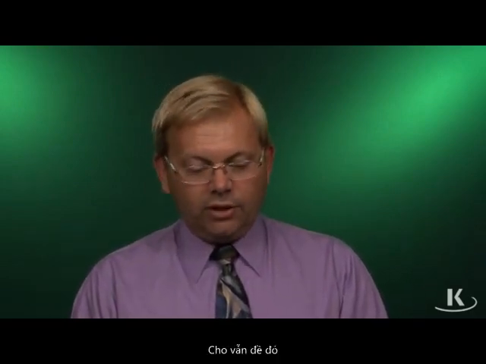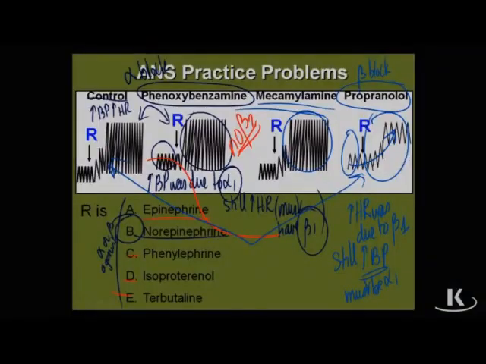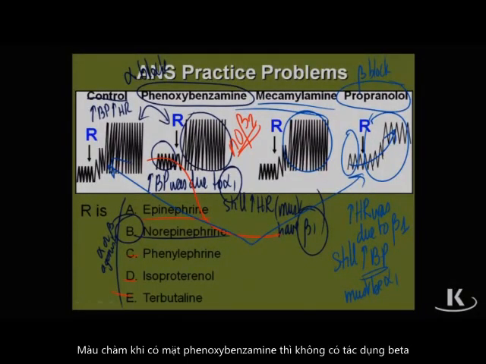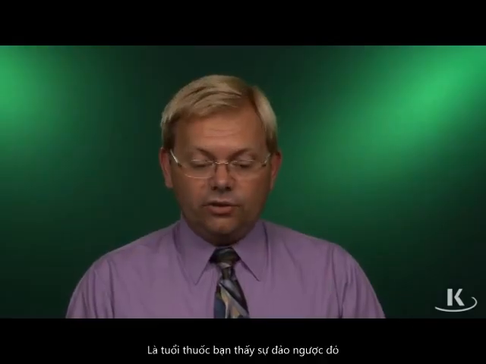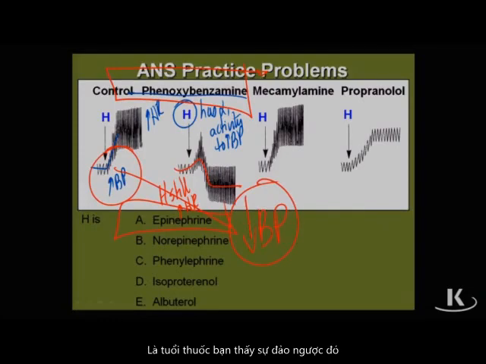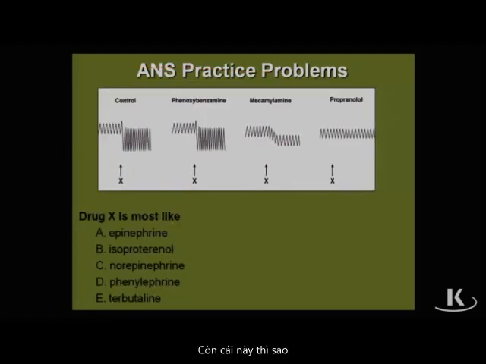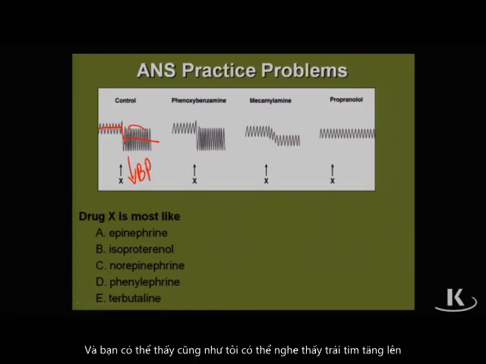For that matter, contrast drug R. In drug R, in presence of phenoxybenzamine, there was no beta 2 effect. There was no drop in blood pressure. With drug H, you see that reversal in blood pressure. So epinephrine for this one. How about this tracing? In this tracing, I'm looking at drug X, might be ecstasy, who knows. And what it does is lowers blood pressure, and you can see as well as I can here, increases the